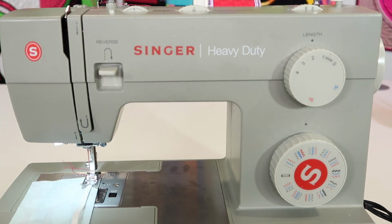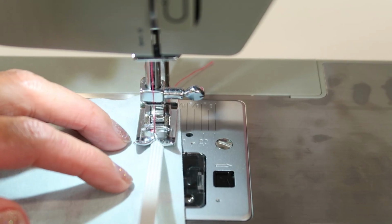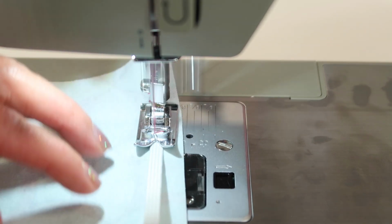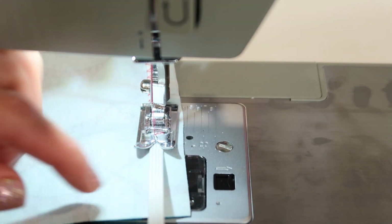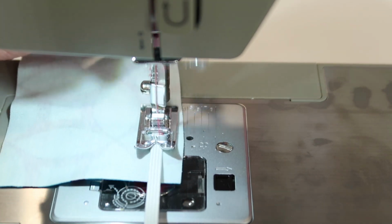And it does depend on how wide your elastic is. So if you're working on something a little narrower, maybe only go up to 3 or 4 millimeters wide. As you sew, traditionally your elastic is shorter than the fabric you are stitching on. So you're going to stretch that as you stitch. And the multiple points of the zigzag are really connecting with the elastic so it can easily stay in place